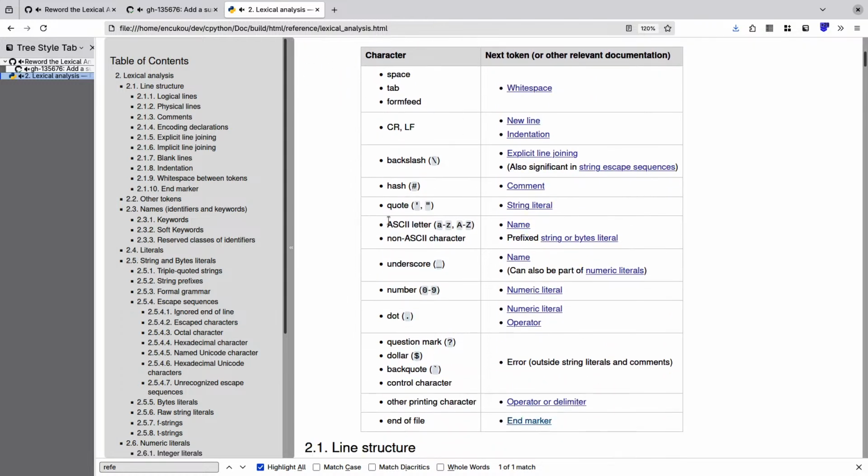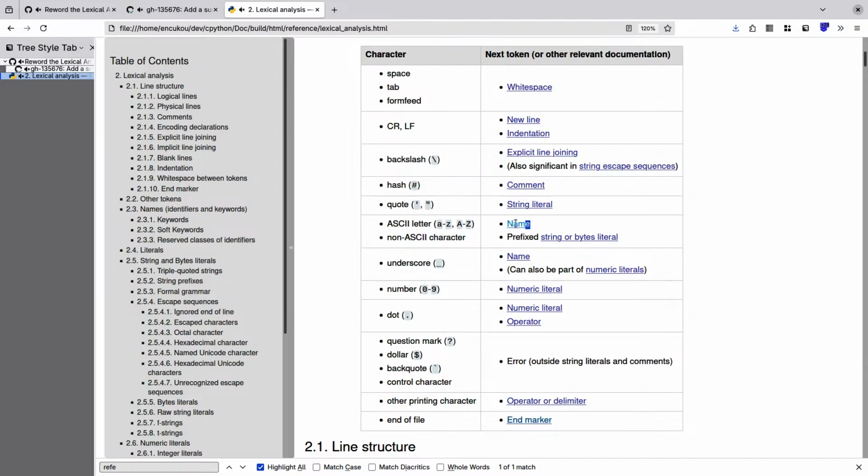But the interesting thing here is a non-ASCII character is either part of a name, or it's inside a comment or a string, or it's invalid.